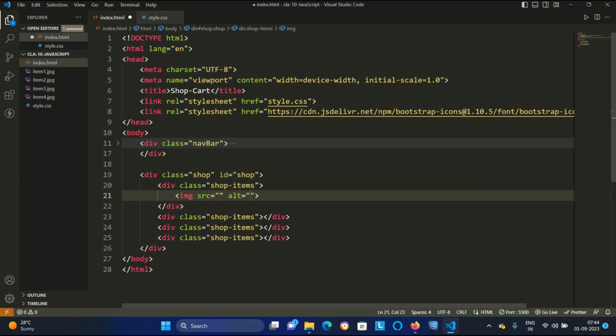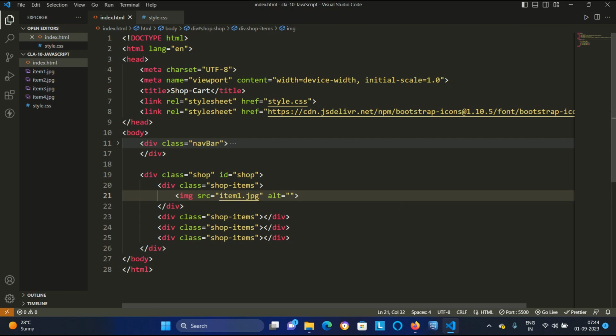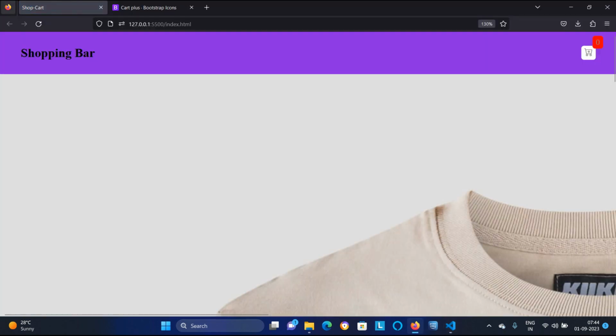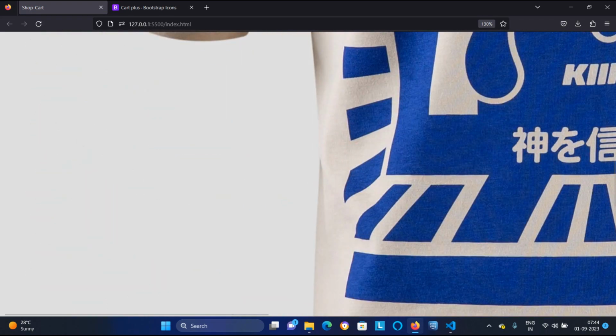So the source of the first image is item1.jpg, and it is suggesting item1.jpg, yes we want that. Save it, okay. Let's go back and look, our t-shirt is coming.